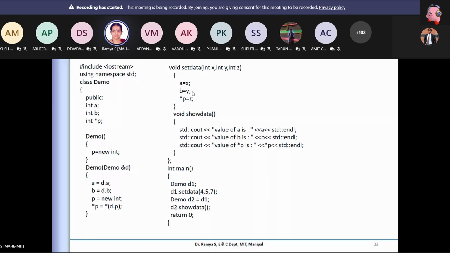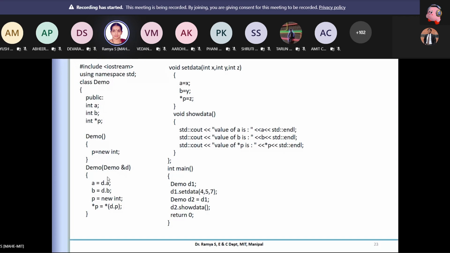So the set data and show data remain the same. There is no change in that. Again, the way you invoke the program also remains the same. You created the object, so this is going to come here, and you're setting the data. It is going to go here and create all these, and again you are just assigning to this. The moment you call it in the previous one, it is just the default copy constructor being invoked.